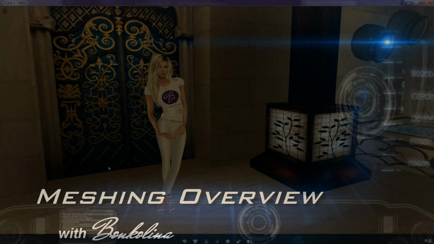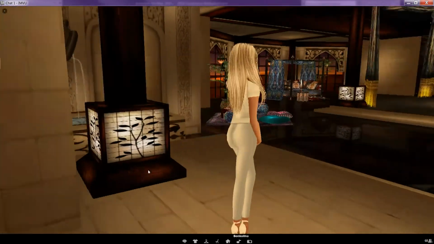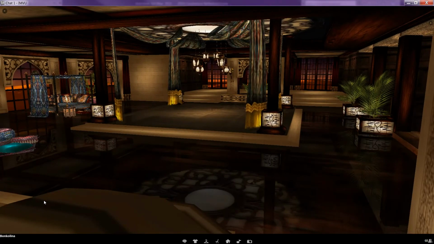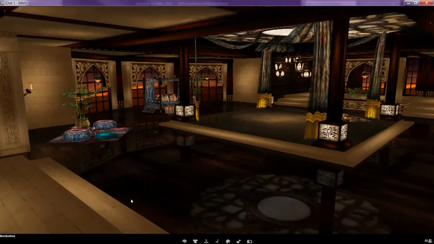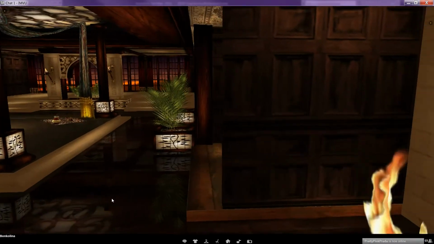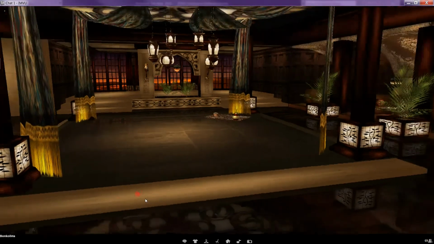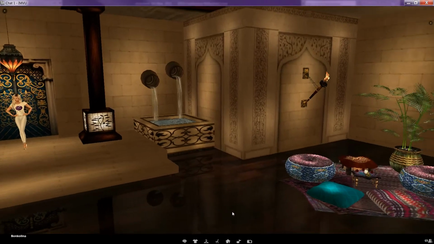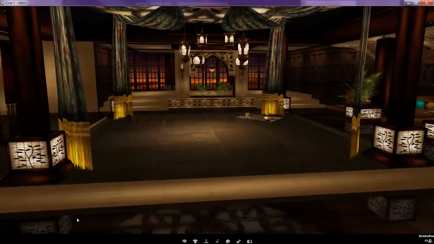Hey everybody, it's Bonkalina here, and in this video we're going to take a backstage look at what a room mesh looks like when it's in 3ds Max, and we'll point out all the different elements involved and pretty much talk about the process involved, not necessarily a step-by-step instruction on how to build a room, but to give you a sense of what's involved in creating room meshes in this particular case, or any mesh in general, and how